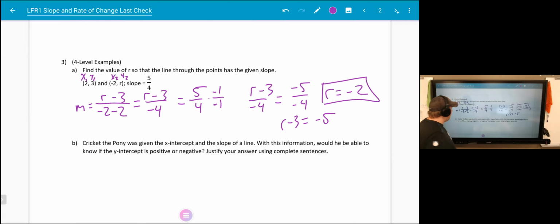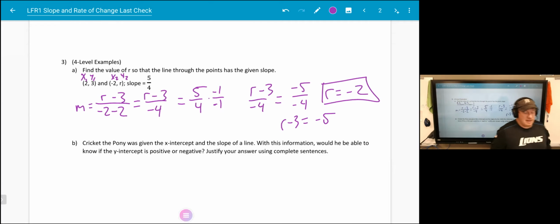Cricket the Pony was given the x-intercept and the slope of the line. With this information, would he be able to know if the y-intercept is positive or negative? Justify your answer using complete sentences. It's a really good question. The discussion that we had, we said yes. Reason being,